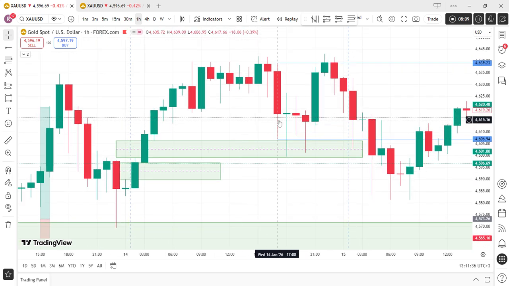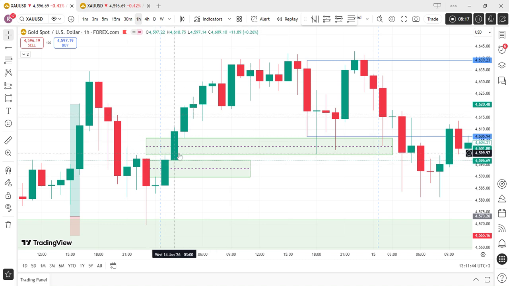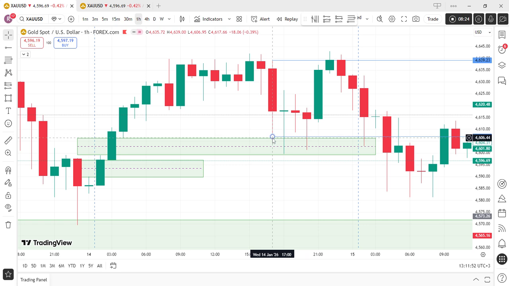So I was not in my daily bias. I was supposed to be selling, but this was an opportunity to buy because the Asian session created some imbalances right here. And the concept of time, this is a silver bullet time. So price taps the sell side liquidity below, fills in that gap. Then guess what? We go higher.